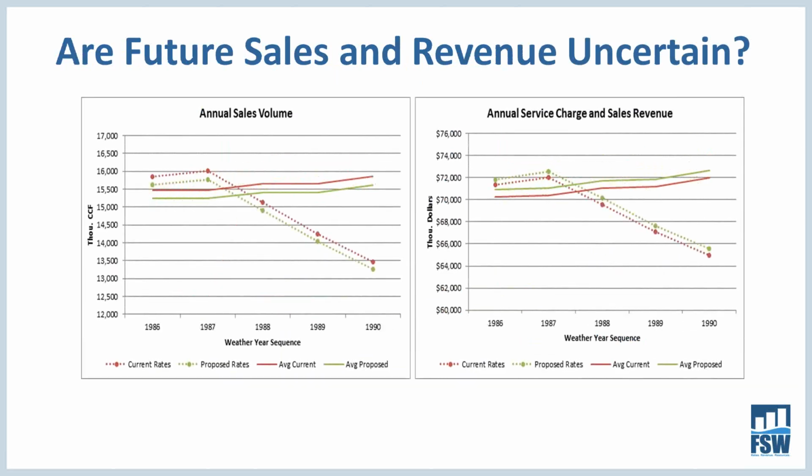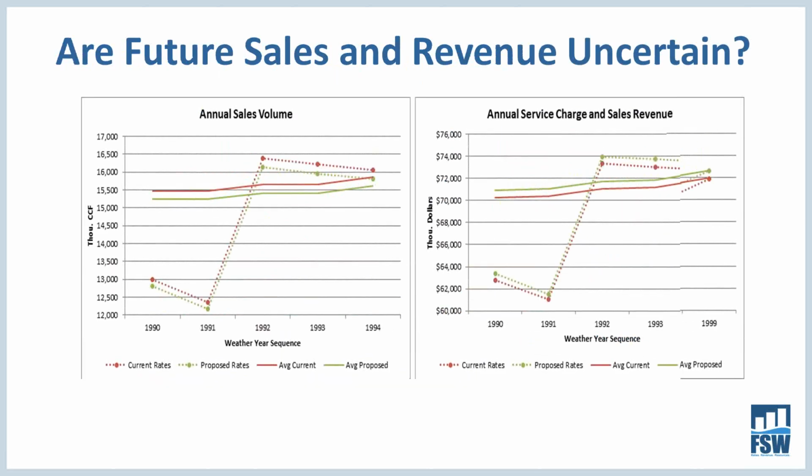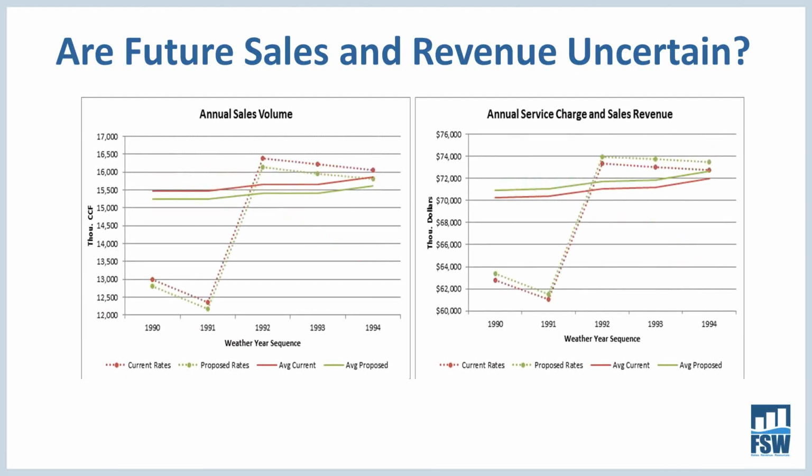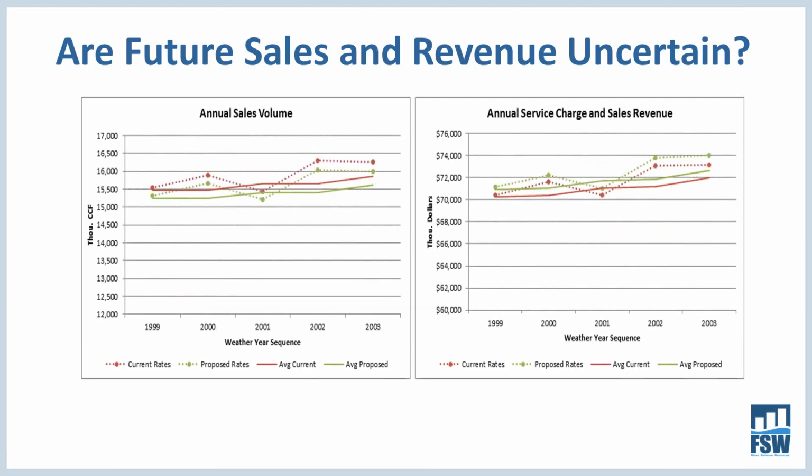So this is a screen capture of how water rates change due to variable weather. You'll note the sequence where you see the dive at the bottom was 1991, which used to be referred to as the longest drought of record, and now the climate scientists are referring to it as a mini drought. So next slide.